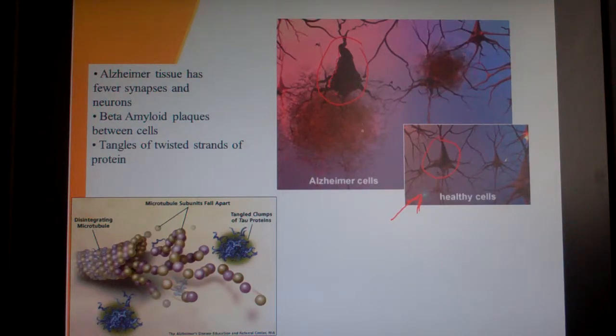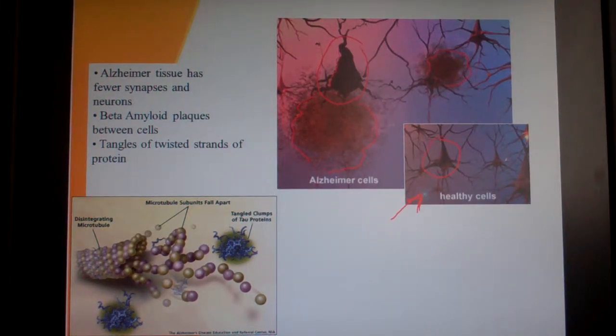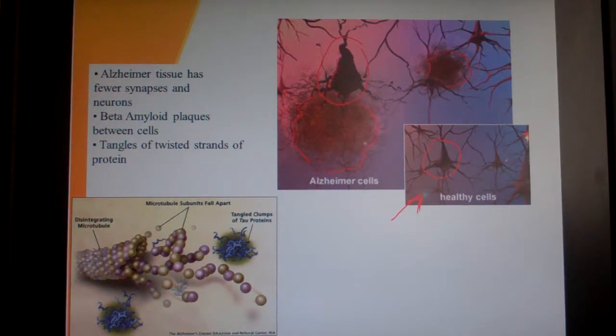Well, you look at that, but the part that really stands out is that all of these things in here, the neurons, are all tangled up. They're going every which way, and you've got these big old bunches of them everywhere. So that's what you're seeing with these plaques, they're called beta amyloid plaques, found between these cells, and then you get these tangled, twisted strands of proteins all messed up, and they're in the same place. So that's, again, beta amyloid plaques and